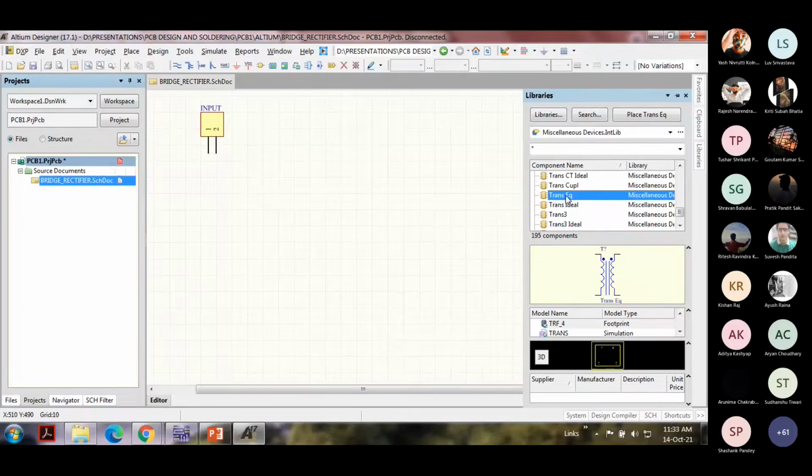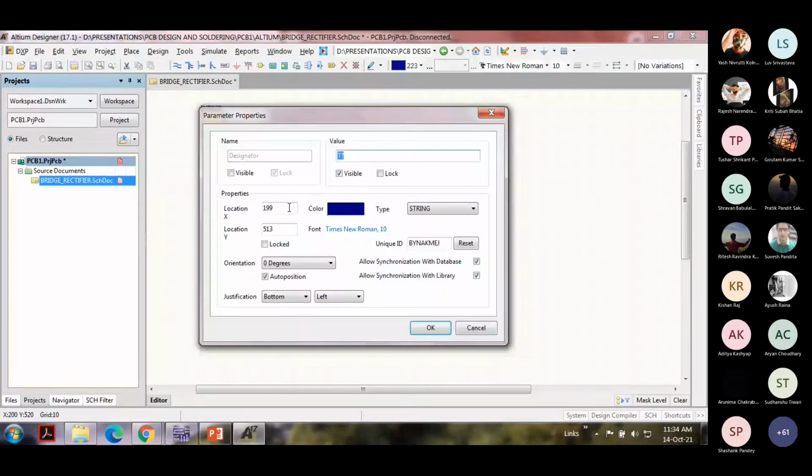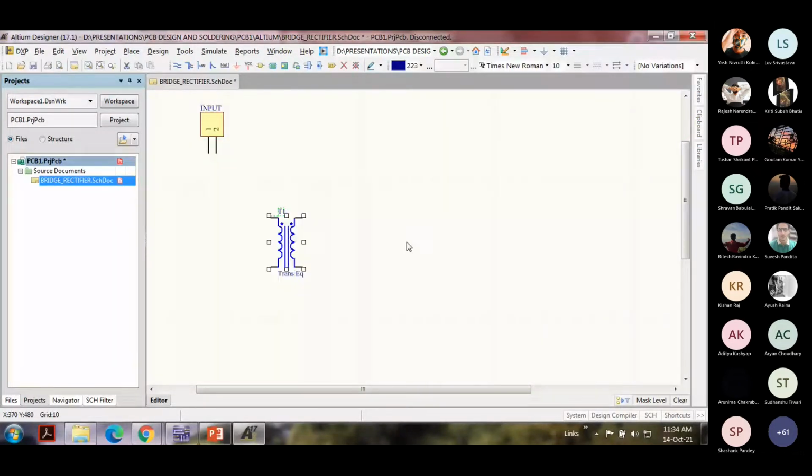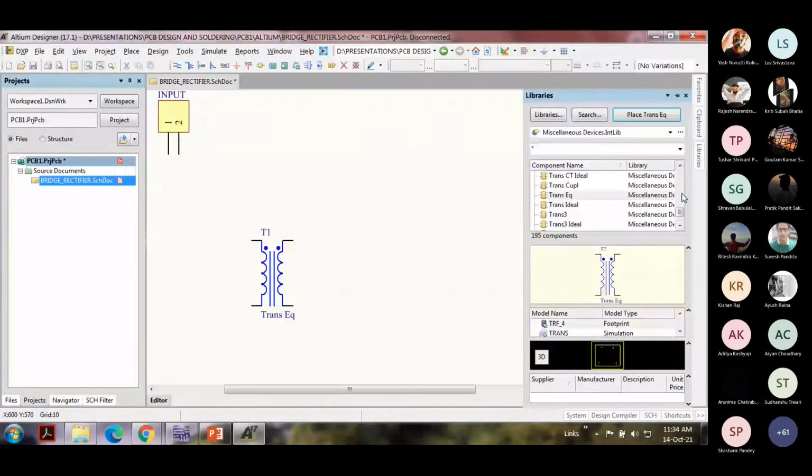Yes, this would do. We don't want a center tap transformer, nor a multiple output transformer. So this transformer will do for us. I'll place that symbol somewhere here and immediately call it T1. All right. Next, I'm going to place a couple of diodes.